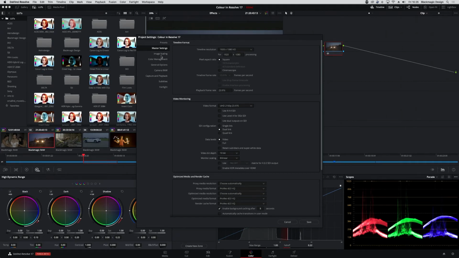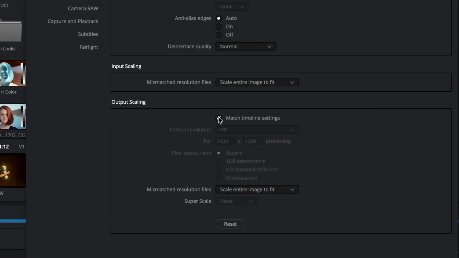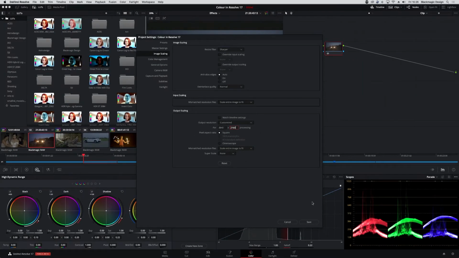And then I'm going to go into the image scaling, and instead of using the checkbox match timeline settings, I'm going to change the output resolution from HD to customized, and I'm going to make that 3840 by 2160. So if I save that,